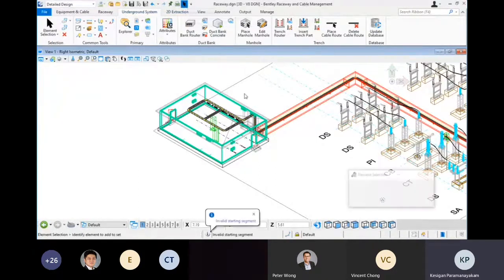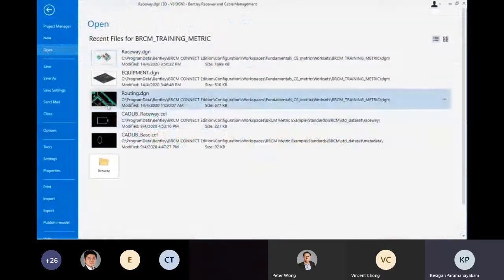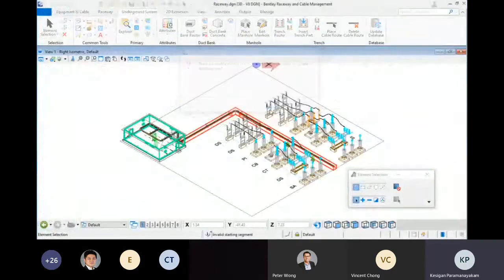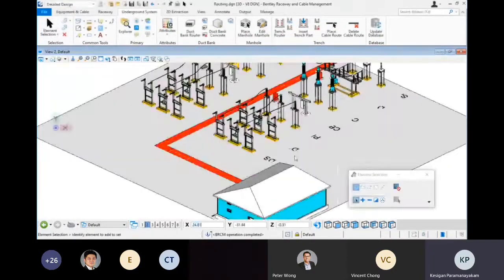All right, so again, I'm sorry I don't have a lot of time to show you all of this, but we can arrange for a more detailed BRCM session if we have a request to do so. So once you've actually placed your equipment and drawn your raceway, the last part of this is actually to go into the routing. So what happens in the routing is actually